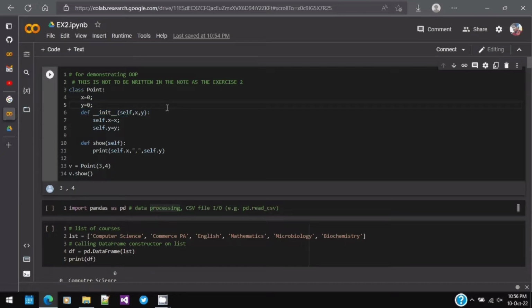So before diving into pandas and the data frame, let me just demonstrate a simple class called point. The main aim of this demonstration is to make sure you understand that the data frame and all the classes that come within pandas are all based on object oriented programming. So for demonstrating object oriented programming, I will be using this